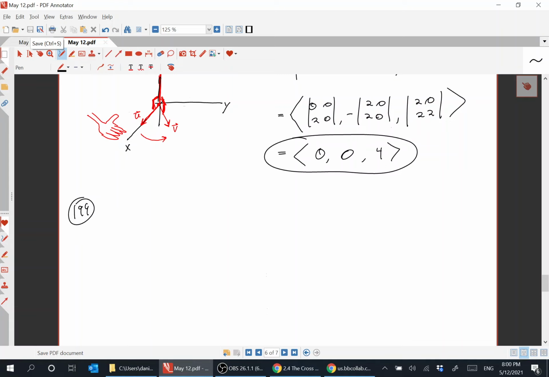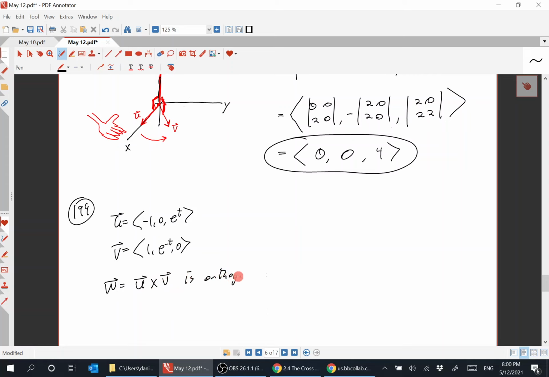All right, so U was equal to minus 1, 0, e to the t, and V was equal to 1, e to the minus t, 0. And you want to find a vector W orthogonal to both of them. So W equal to U cross V or V cross U is orthogonal to both,